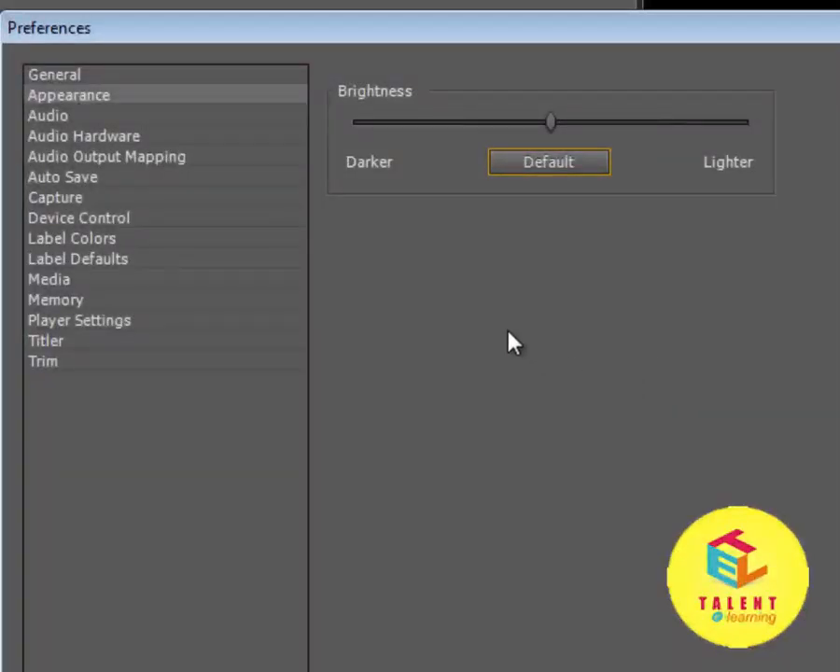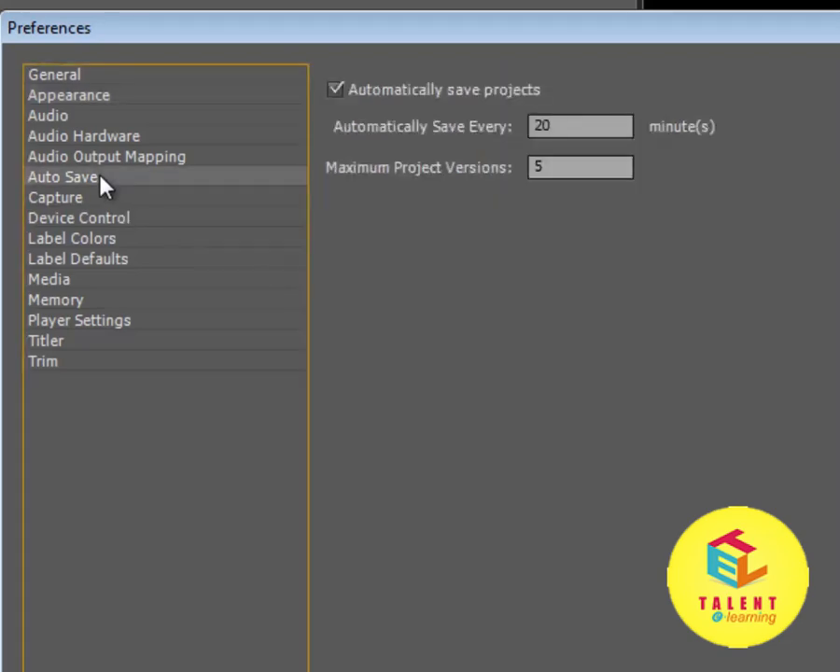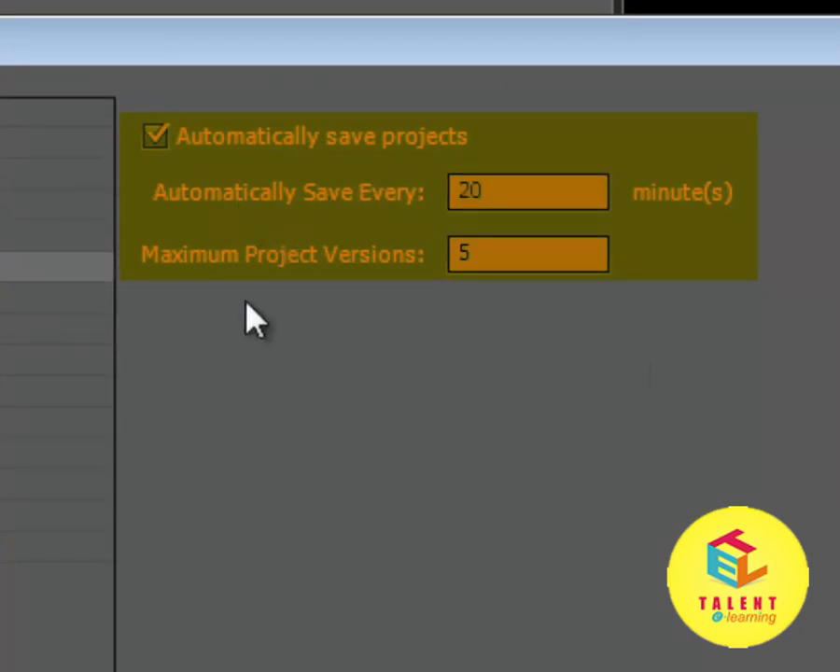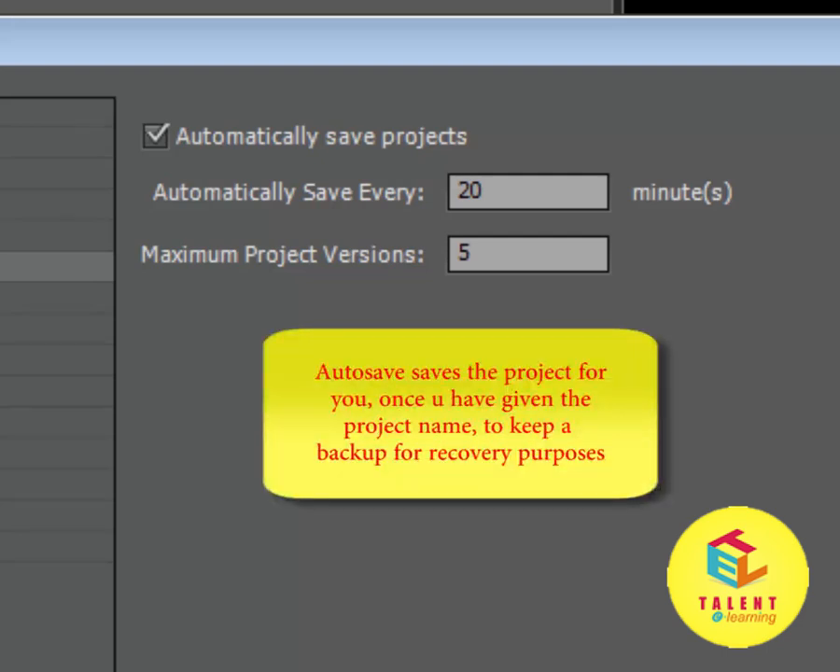Now the last thing that we need to see, and the most important thing that we need to see here, is the autosave. Autosave by default saves every 20 minutes and the maximum project versions is 5. In order to prevent loss of your project, for example, you are working on a project, you forget to save and then the power goes off, you will lose all your project. So to prevent that,